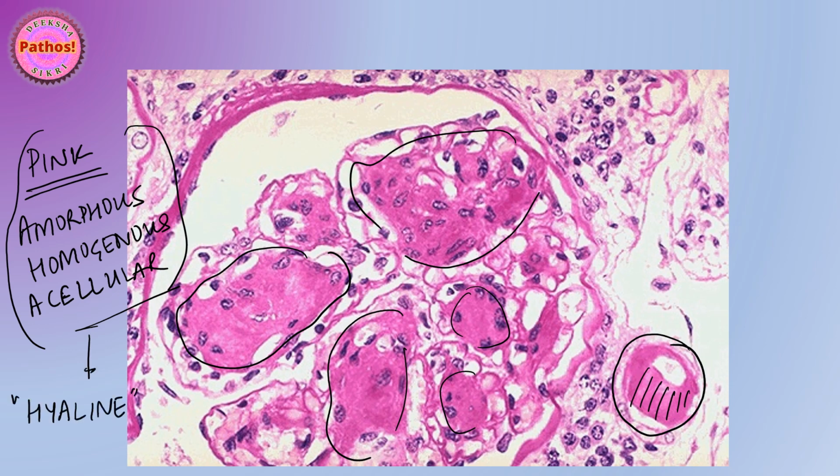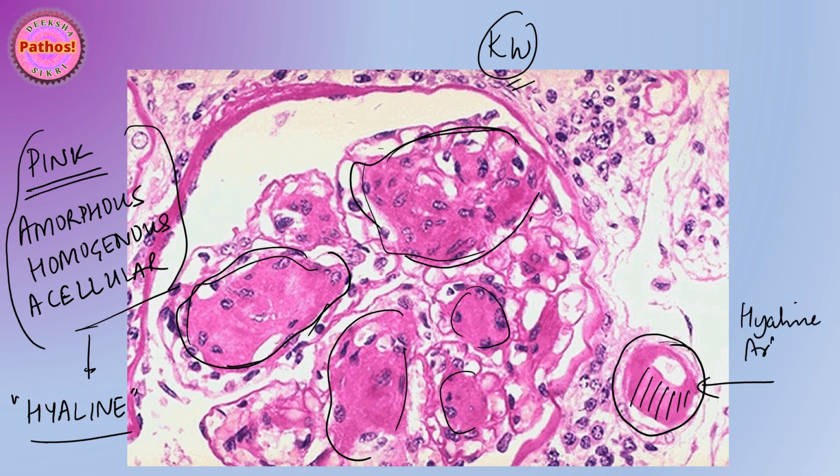So what you see here are hyaline nodules in the mesangium, hyaline deposition in the mesangium, and a hyaline deposition in the blood vessel. It's actually a case of diabetes with hypertension. So the diabetes in the kidney has caused what we call Kimmelstiel-Wilson nodules, and within the vessels you can see what we call hyaline arteriolosclerosis. Hyaline arteriolosclerosis. So two findings in actually just one picture. So remember, the term hyaline is not one particular thing. It is just something which is pink, amorphous, means it has no morphology, homogeneous and acellular.